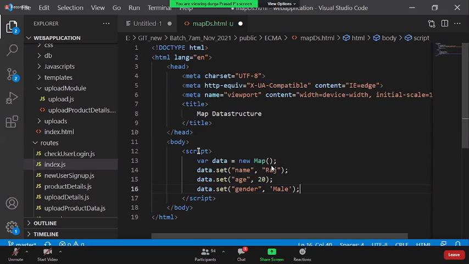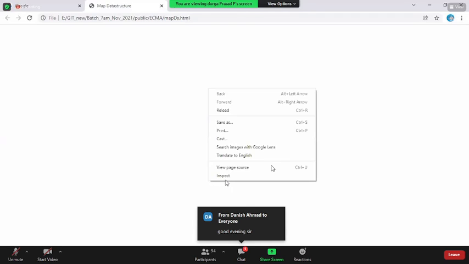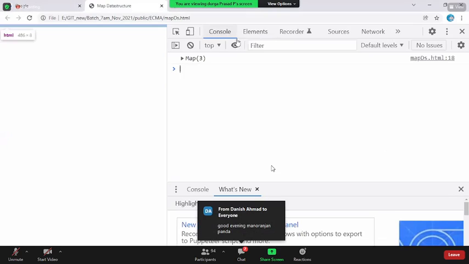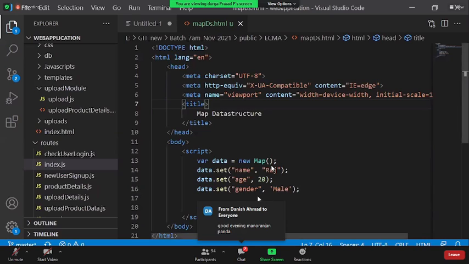Now if you console log the data and execute it, inspect this, and go to the console, this is how it is stored: name as Raj, age and gender with their values. This is how it stores values inside the map data structure.